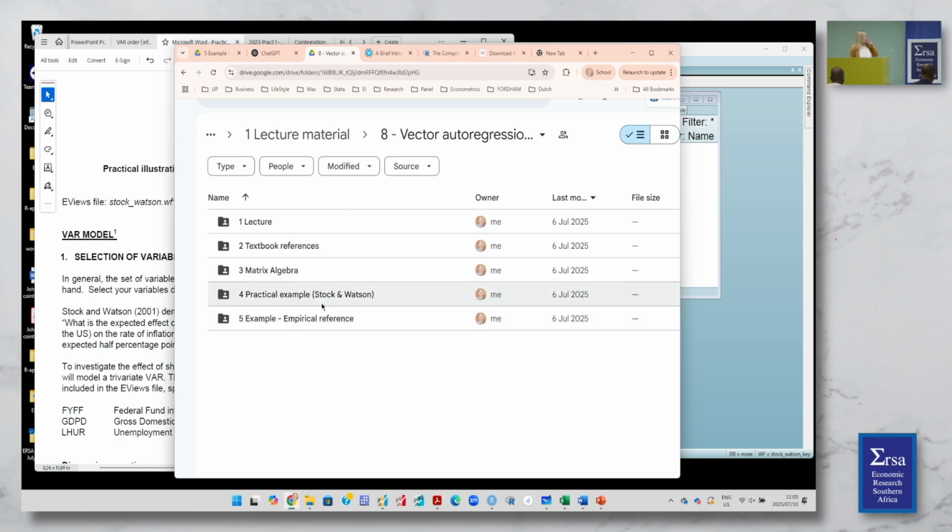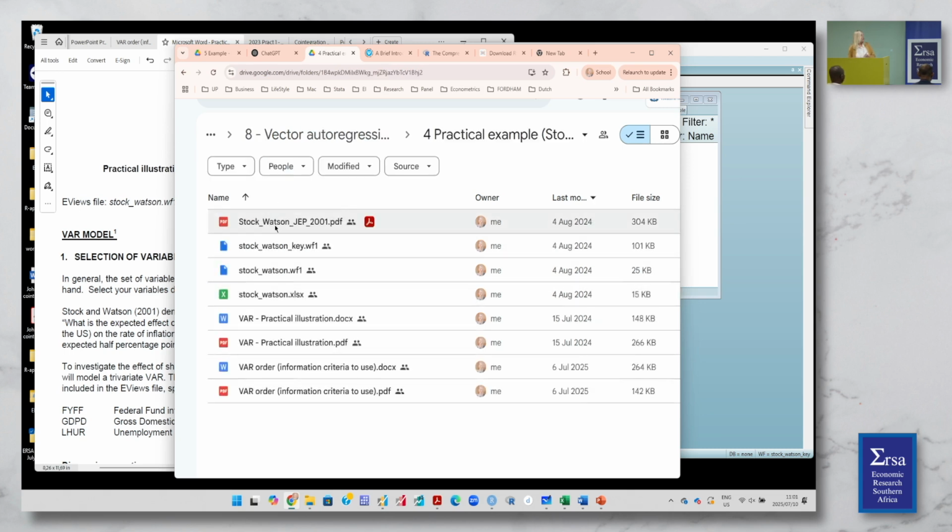Okay, welcome back. What we want to do now is to look at two applications of the VAR. If you can go to, in the lecture material, in the vector autoregression folder, folder 8, you will find the practical example of Stock and Watson, which is simply an article, and I want you to perhaps open the Stock Watson key work file there,